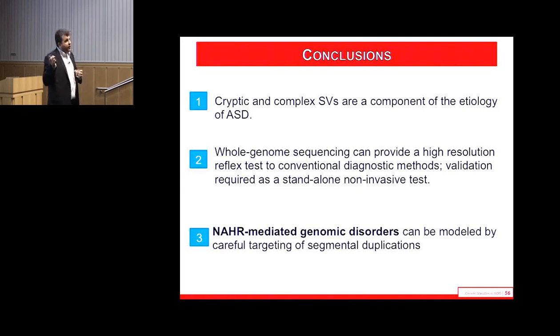This has been widely debated in the Simons Simplex Collection. I'm not telling you anything that other people haven't discussed, which is that we think there may be some ascertainment for less severe cases in this collection. And I think the genetics are bearing that out to some extent. So my guess would be that it actually is a little higher than what we're predicting with the structural variation load in more severe neurodevelopmental disorders. But in schizophrenia and other neuropsychiatric disorders, I'd bet it'd be lower.